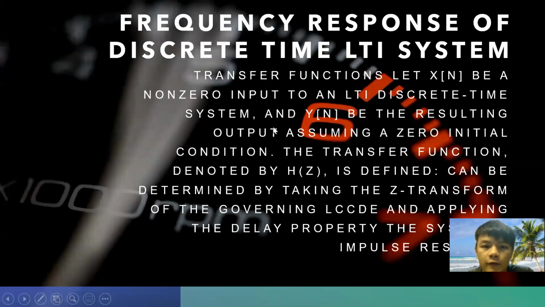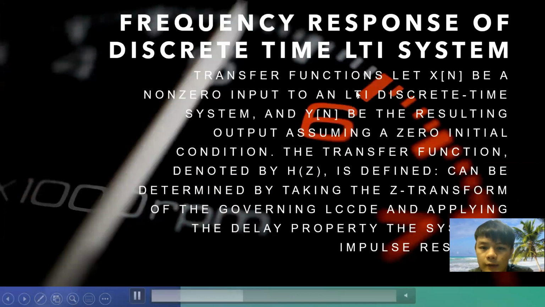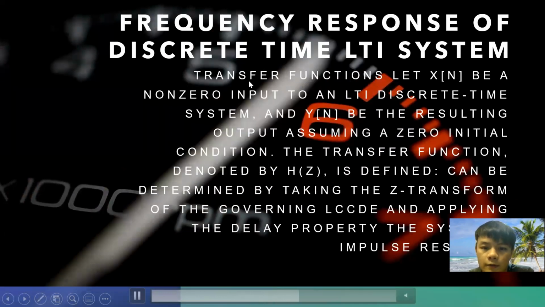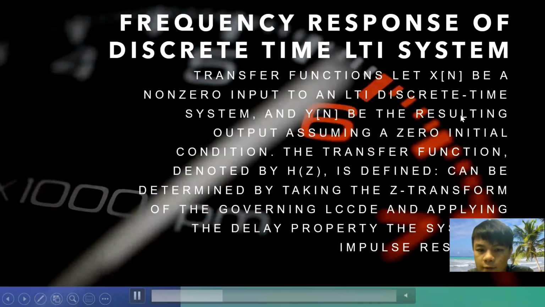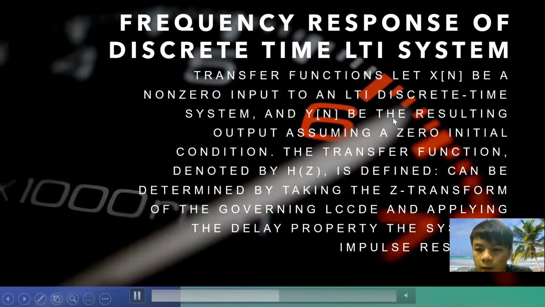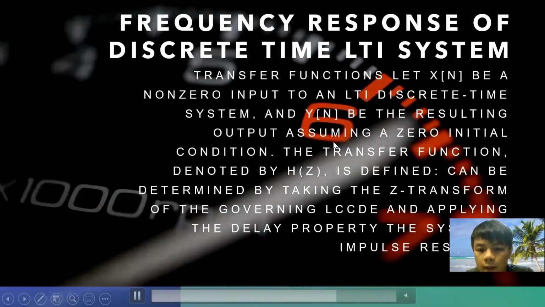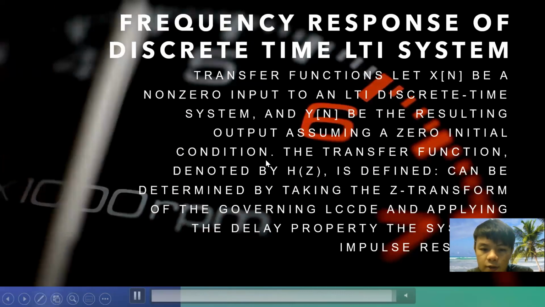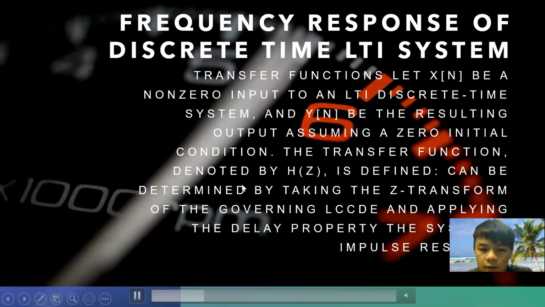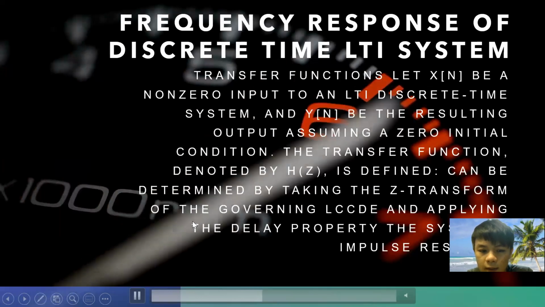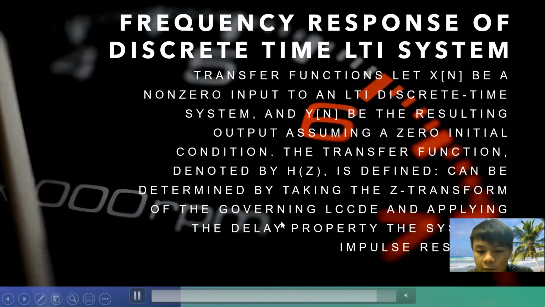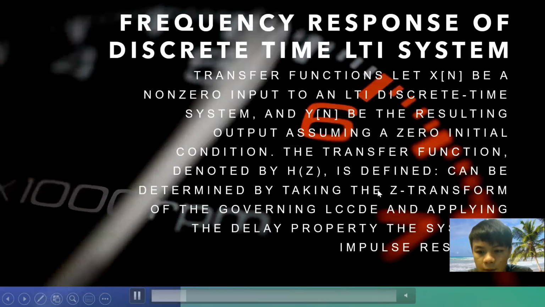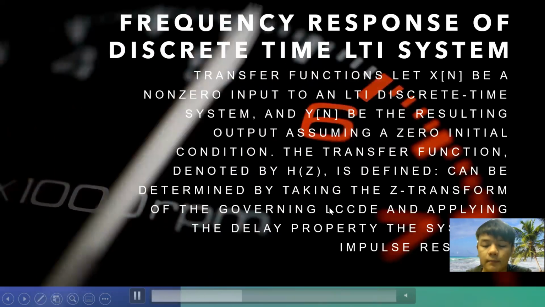Jadi, finally, frequency response of discrete time LTI system. Transfer function: let x[n] be a non-zero input to an LTI discrete time system, and y[n] be the resulting output assuming a zero initial condition. The transfer function denoted by H(z) is defined and can be determined by taking the z transform of the governing LCCDE and applying the delay property, the system impulse